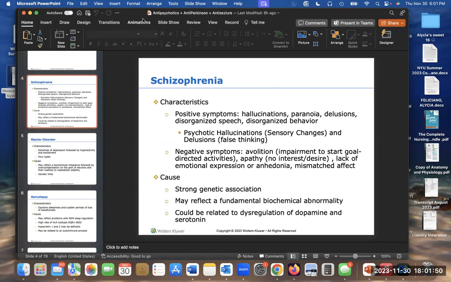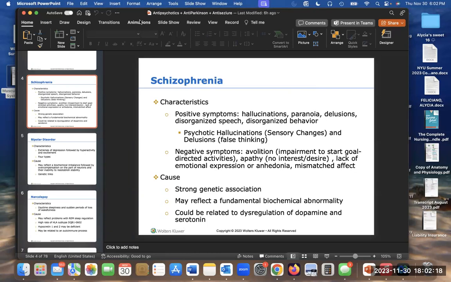Negative symptoms, they all start with A, which is really good in helping memorize it, but negative symptoms more or less have to do with social behaviors, right? Like how they behave, compared to positive symptoms, which more has to do with sensory things, or they're undergoing psychosis, okay? That's a little different. They have false perceptions of sensory or thoughts, whereas negative symptoms has to do with their